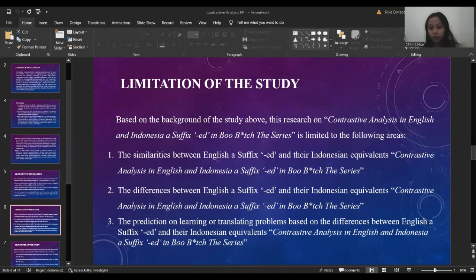Namely, the first is similarities, and the second is differences, and the last is the prediction on learning of the translating problem based on the differences. Yes, there are three, all the same as the statement of the problem. Okay, in the next,